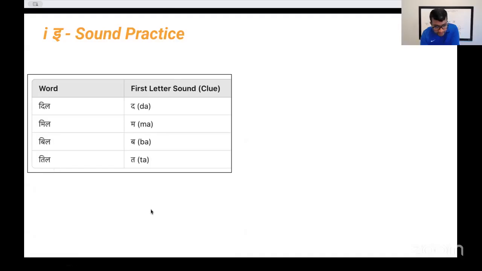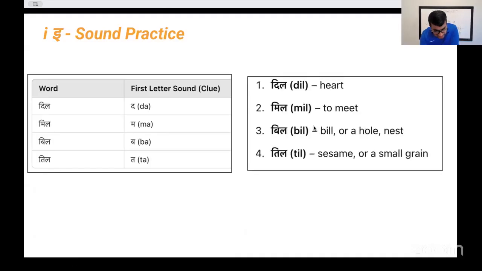Very good. Okay, these are the meanings of each of these. Milna is the verb, to meet, but mil. Dil is heart. Bil is sort of the hole, like the hole of a snake or something like that, or til is sesame, or a small grain. So just like that, let's say if I were to pick any consonant,